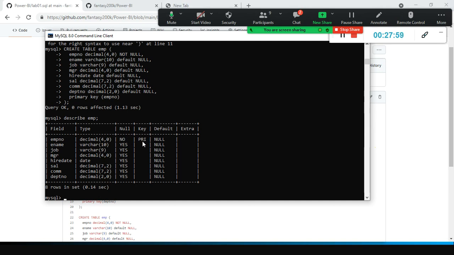The key is the primary key; ignore the default and extra columns, and look at this one up to the key. The rest of the columns are non-key columns. Here they mentioned the key, PRI. PRI stands for primary key. Emp number is a primary key column. It should not have any missing, null or blank values in it.